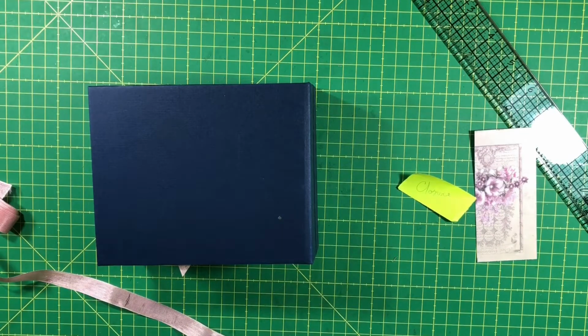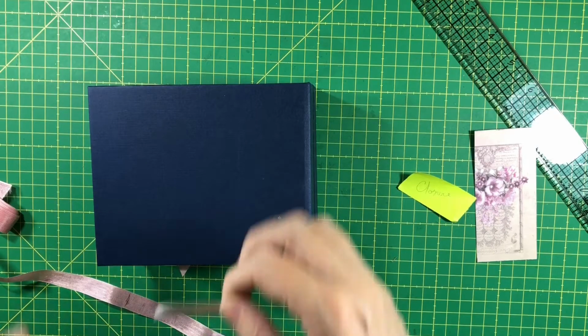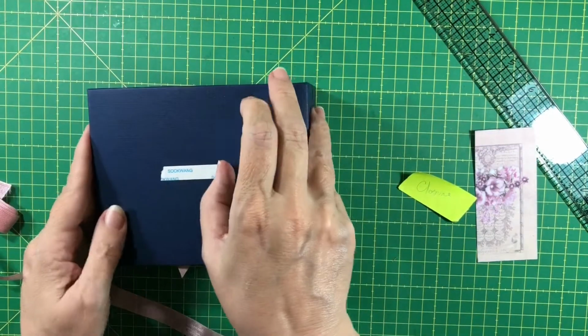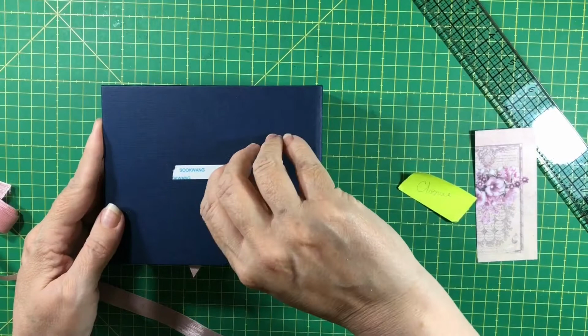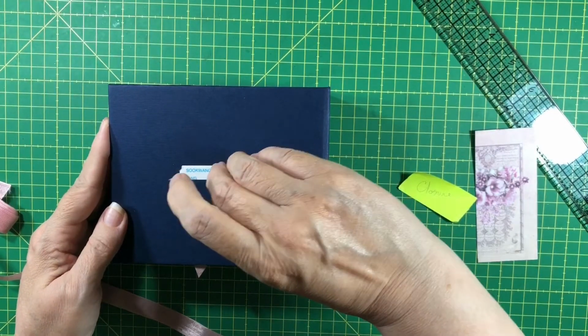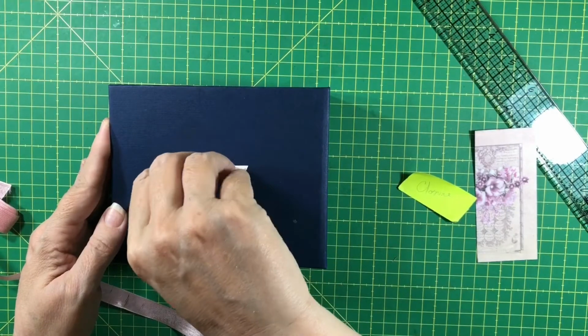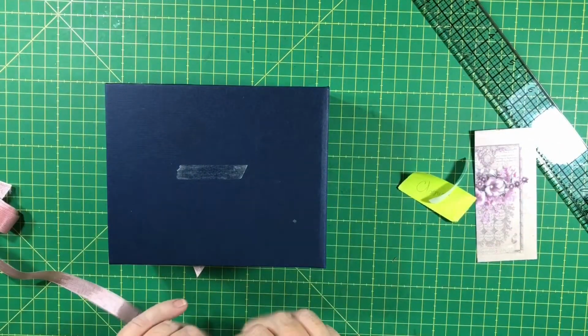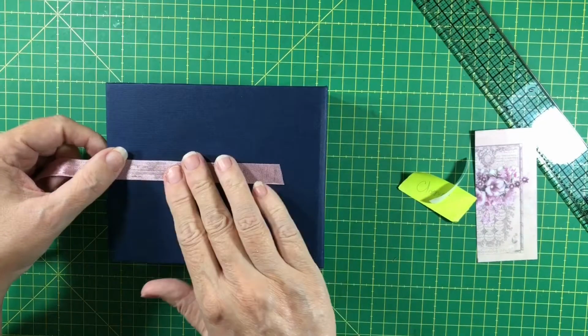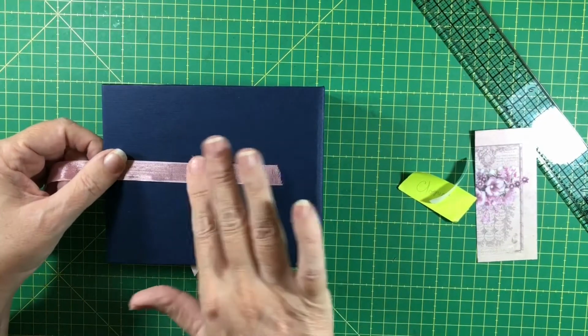So let me grab a piece of score tape. And center it on the back. Burnish it down with your finger or a burnishing tool. Okay, and then center your seam binding. Again, I'm just eyeballing this. All right,